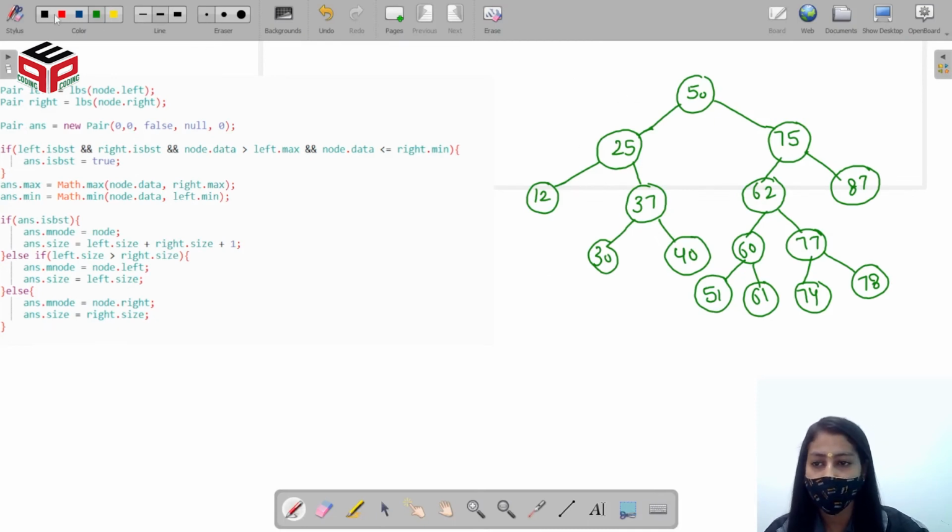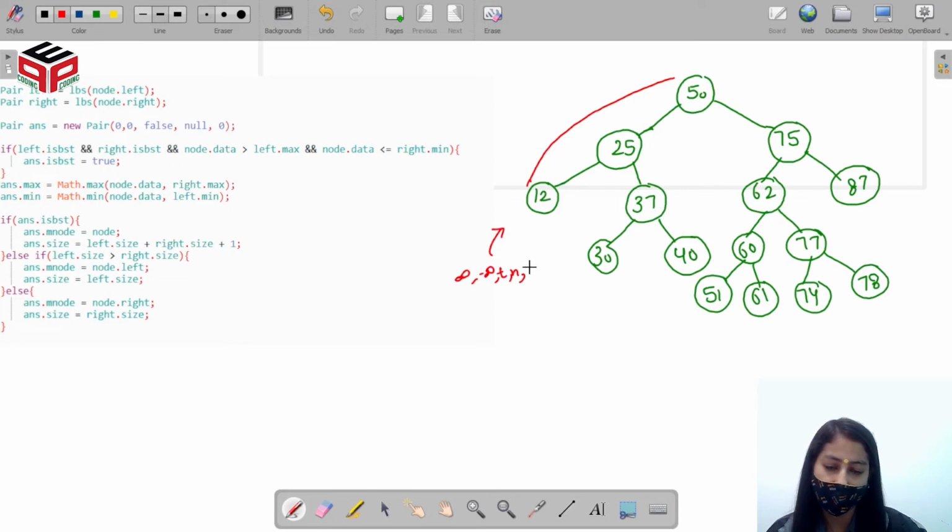Firstly it will move to here, right? So at the base case, 12 will get infinity, minus infinity, true, null, and the last one is size 0. Again here it is getting the same thing.